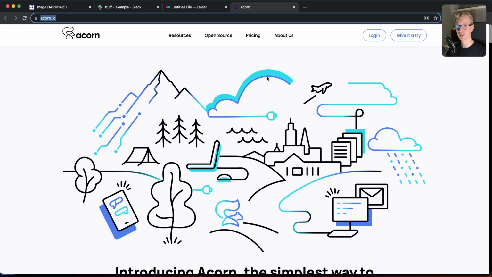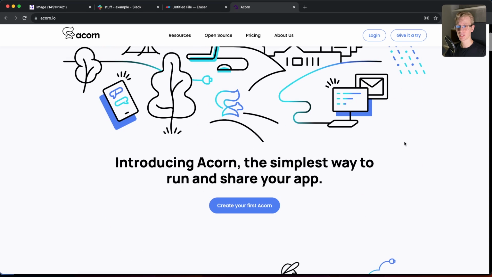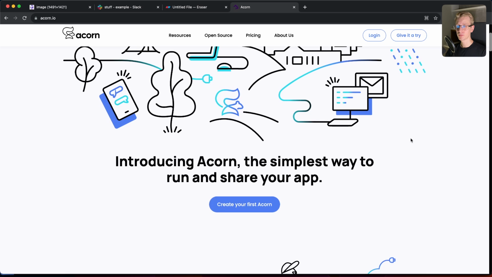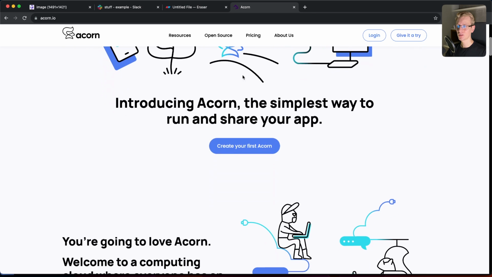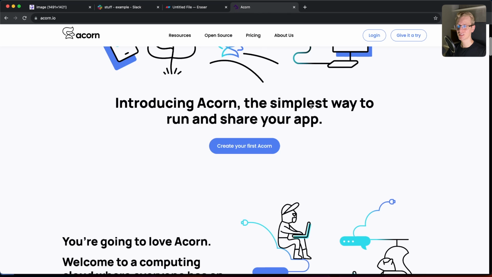There's so much to learn. And that's actually why Acorn was created. So Acorn comes from a group of people that actually are some big names in the Kubernetes world. If you are familiar with Kubernetes, you've probably heard of Rancher. And the idea behind Acorn is that you can deploy your apps to Kubernetes without all of that complexity, and